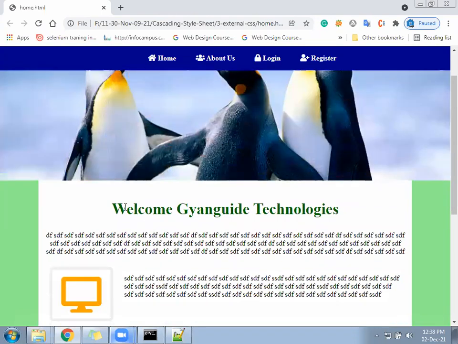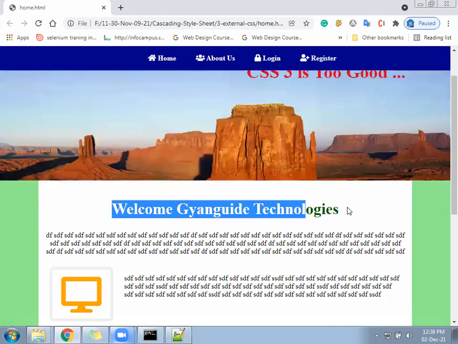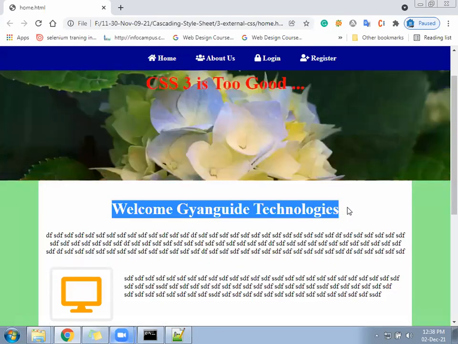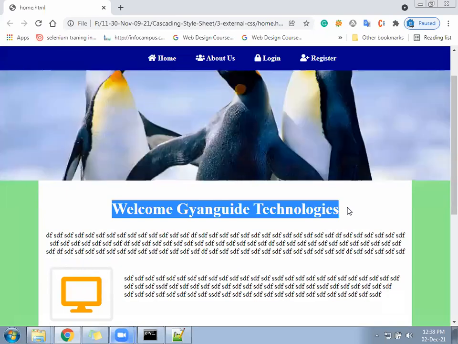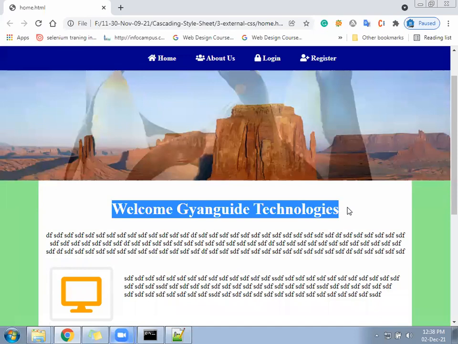Can you keep this underline using orange color?